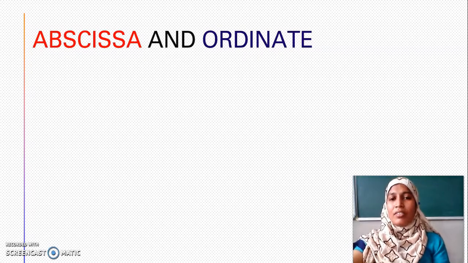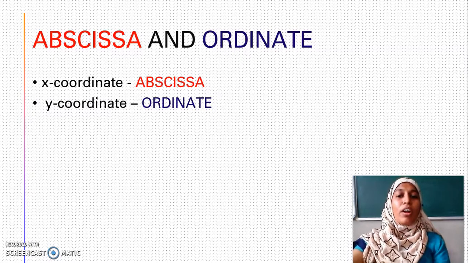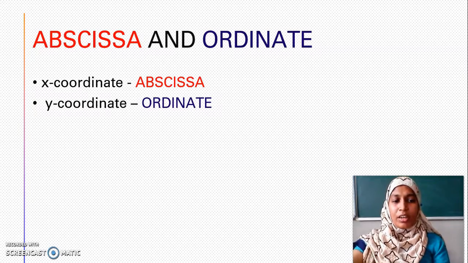It's very simple. The words may look a little bit tricky and something new, funny, but it is very simple. It is what we have already learned. It is nothing but x coordinate and y coordinate. I have given you another name for x coordinate and y coordinate. X coordinate is called abscissa. Y coordinate is the ordinate. X coordinate and y coordinate are always numbers because they will come along the x axis and y axis.